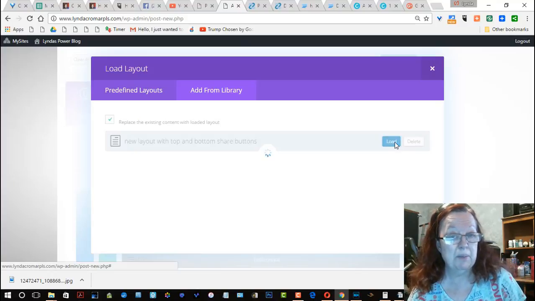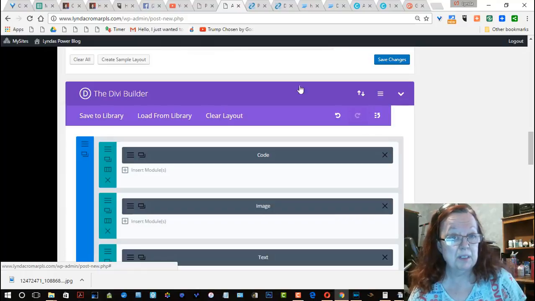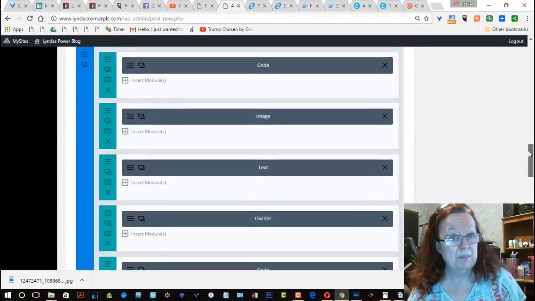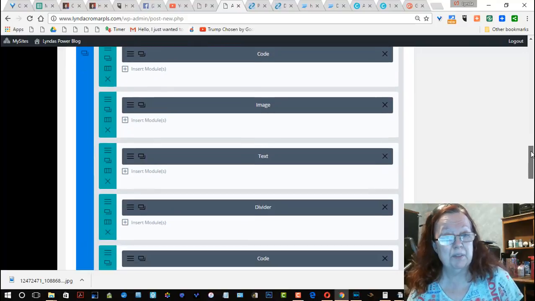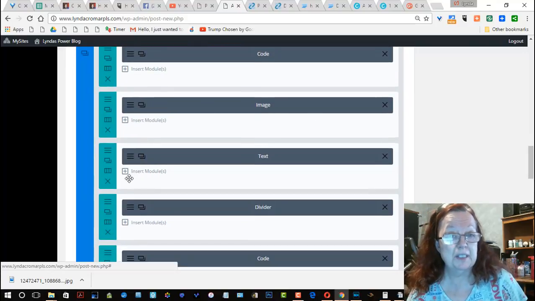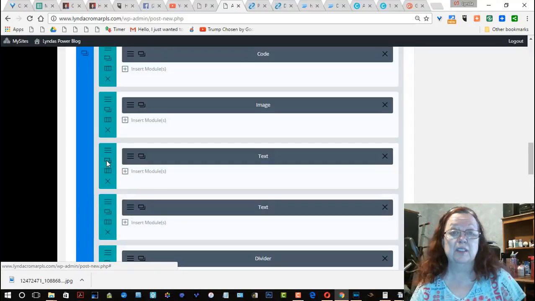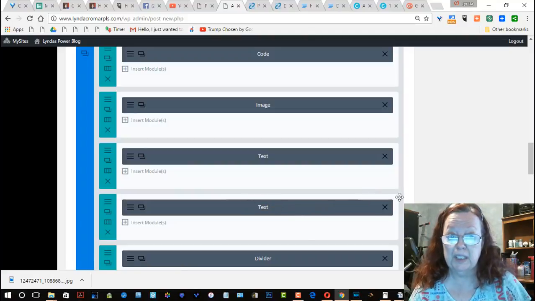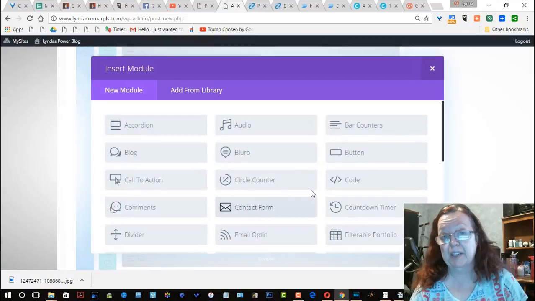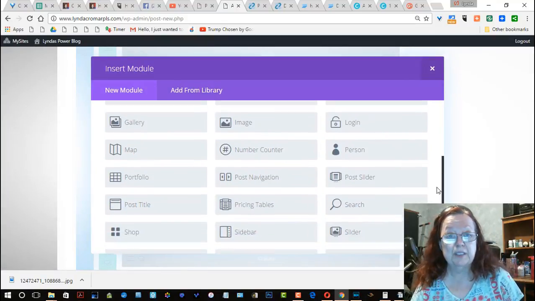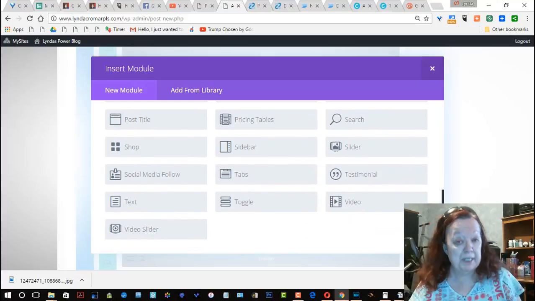And again, if you decide you want something different, you just simply change it in some way. Like for instance, if I have a long post that has more text and more images and more videos, I can add simply by adding another row that will be here. And if it's not a text, I can delete this out and I can put another item in here of any kind that I want to put in here, and here are all the choices of the things that you